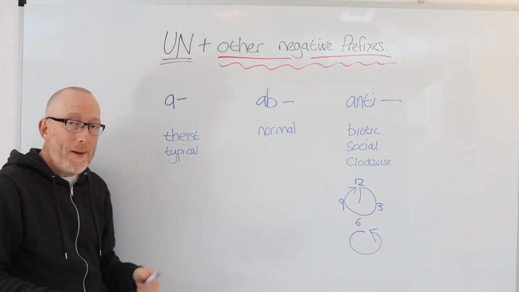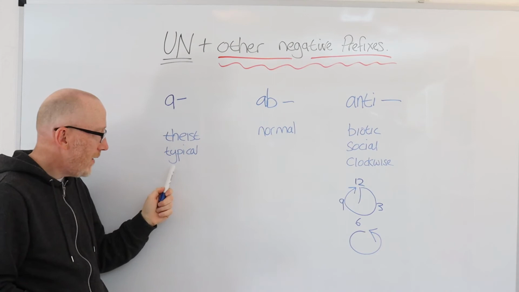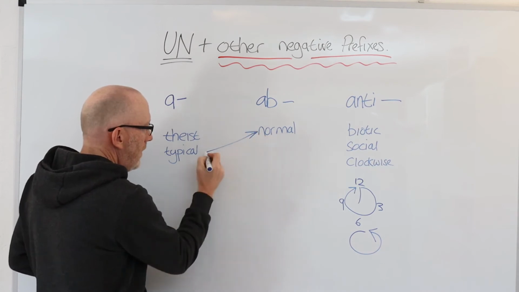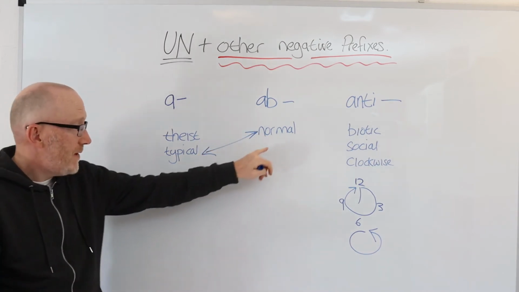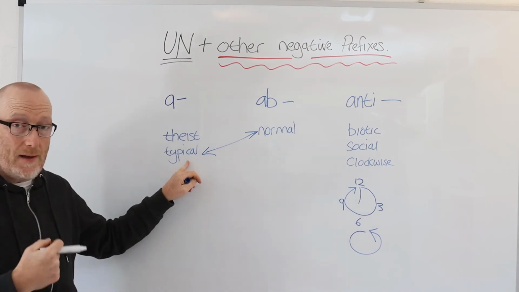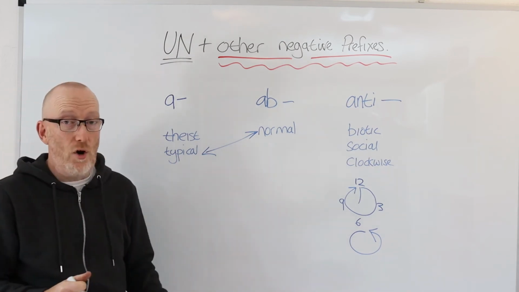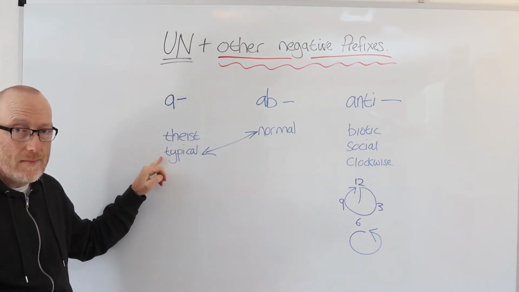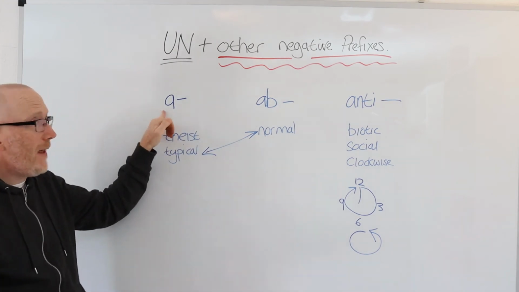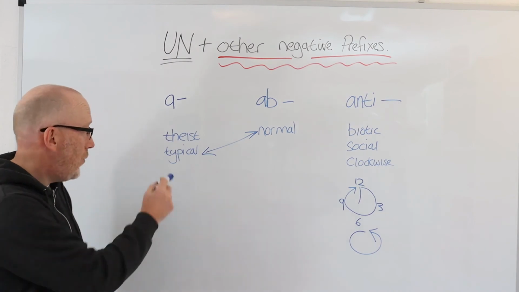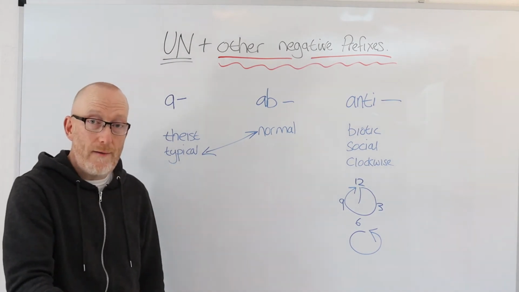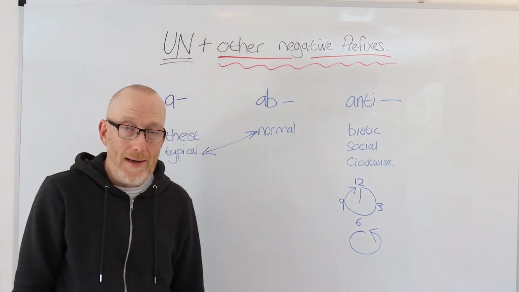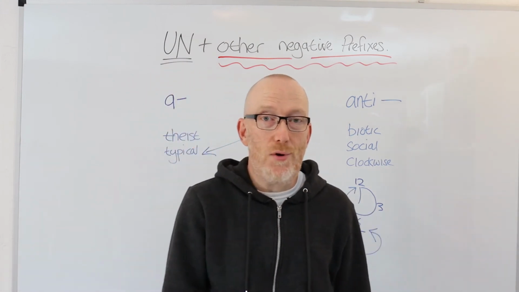If something is typical, something is normal, we could say it's typical or normal. Actually, I suppose these 2 words here are synonyms. If something is normal, it might be classed as being typical. If something is typical, we can say it's normal. But abnormal would be atypical. Atypical being the negative prefix, which turns typical, something normal, into unnormal. Yeah. So again, some other interesting negative prefixes for you guys to explore further.